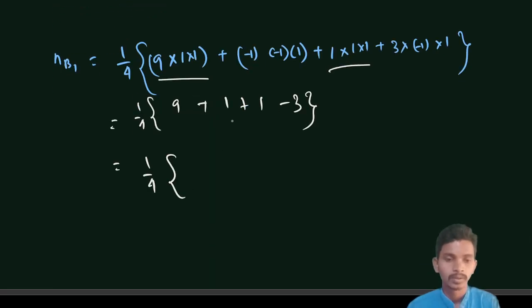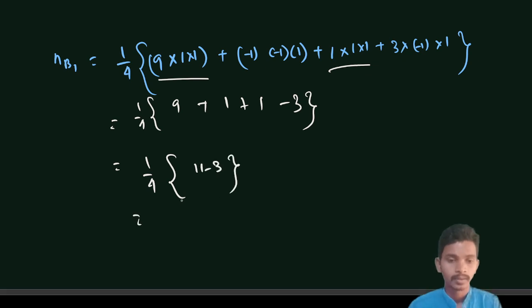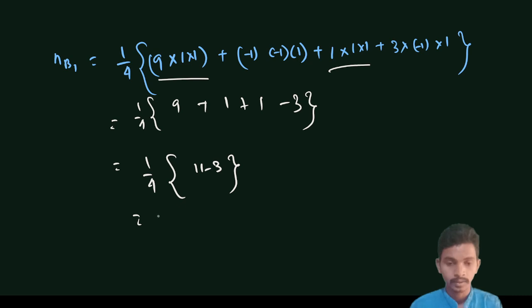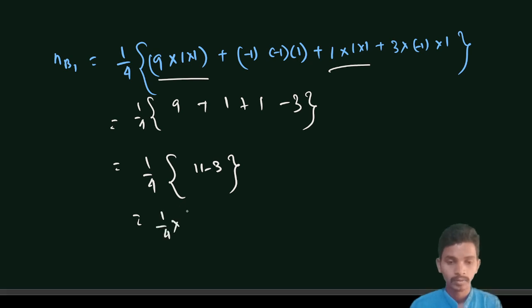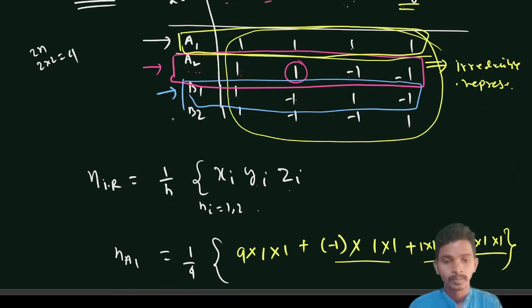1/4, this is 9, 10, 11, 11 minus 3, then 3, 9, that is 8, yes, 8. So this is going to give 2. So nB1 we get 2. Similarly we will go for B2,